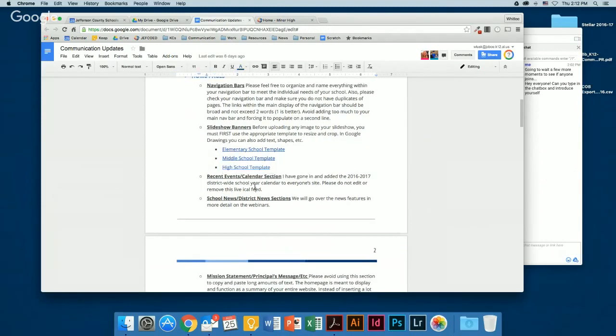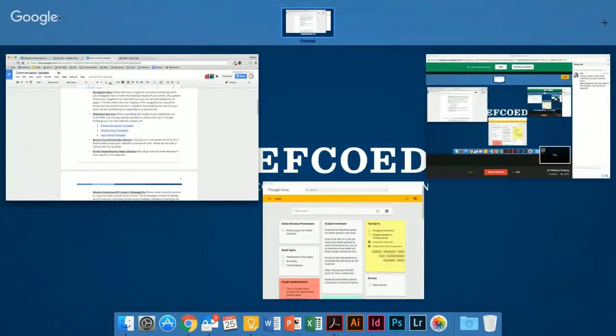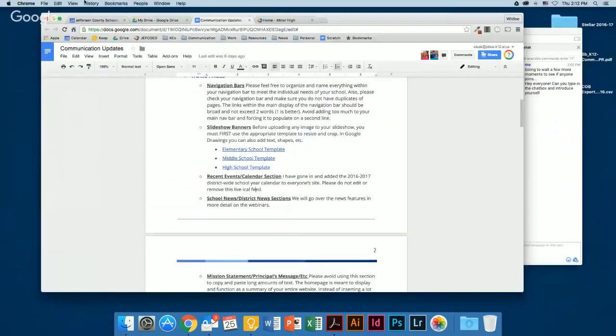Also, in the recent events and calendar sections, I've gone in and added a district-wide school year calendar. I'll let y'all know, we're also working on getting a district events calendar going.